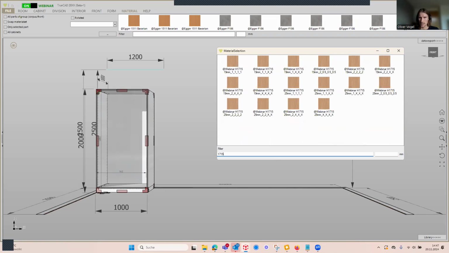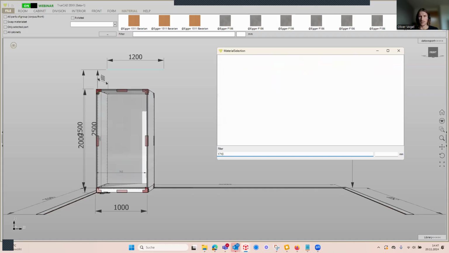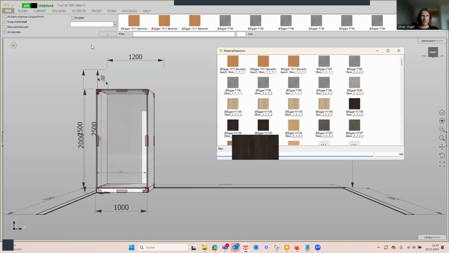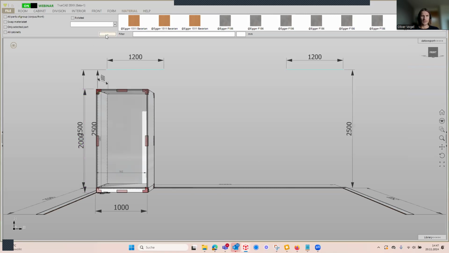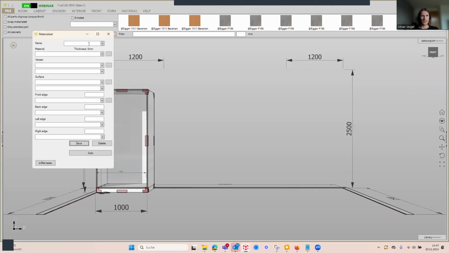These material sets I've made for the German webinar. But for the 10, that is for the English language, we don't have any. So we are going here to the three dot button, open the material set,